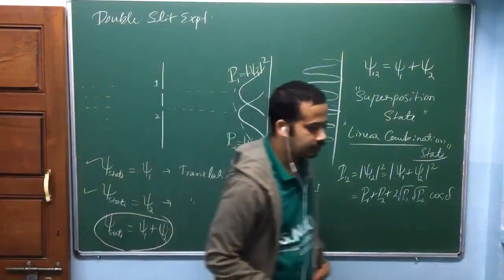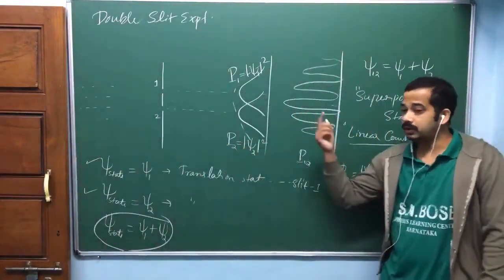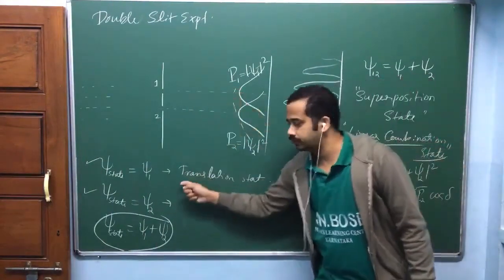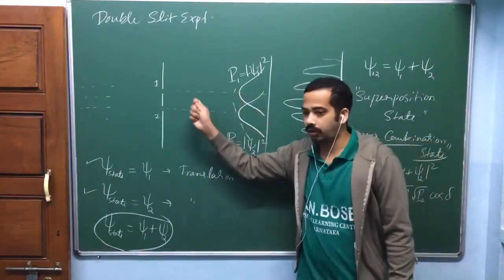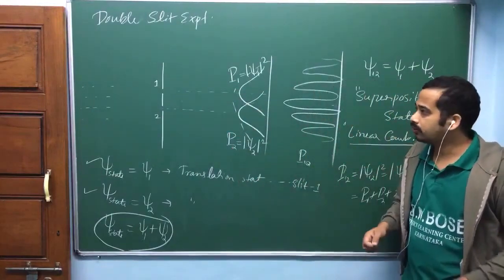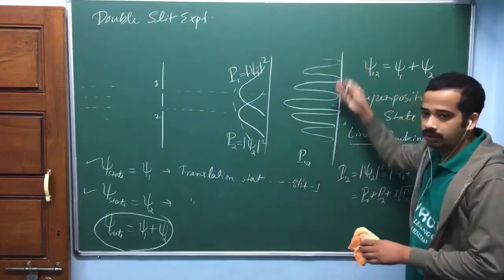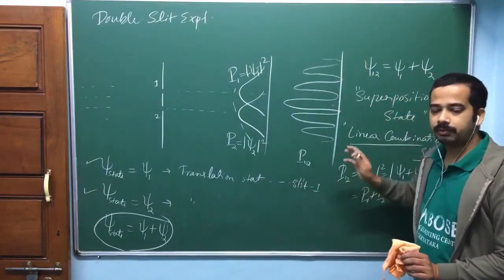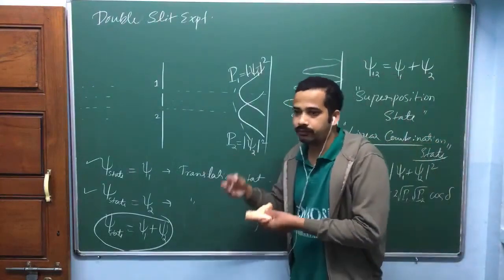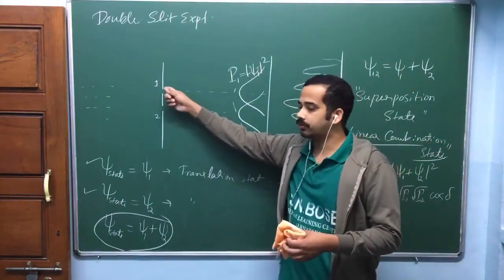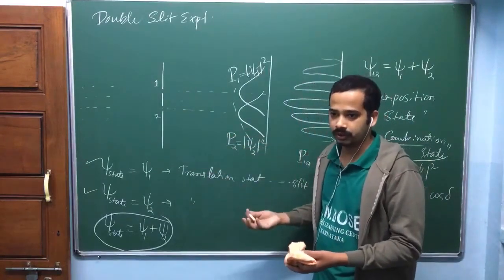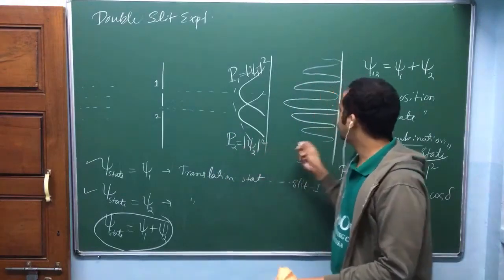The electrons which are reaching the screen, if you try to observe through which slit they have passed, you will get one of these two, okay. You will get either slit 1 or slit 2. Suppose you take 1000 electrons and did measurement of all 1000, then you get around 50% of them passing through slit 1, and the other 50% through slit 2, isn't it? That's what you observe obviously. So then this pattern will be lost,